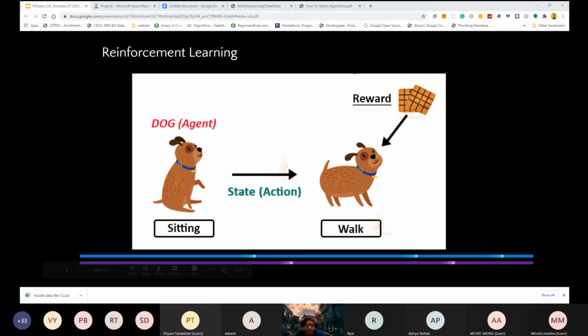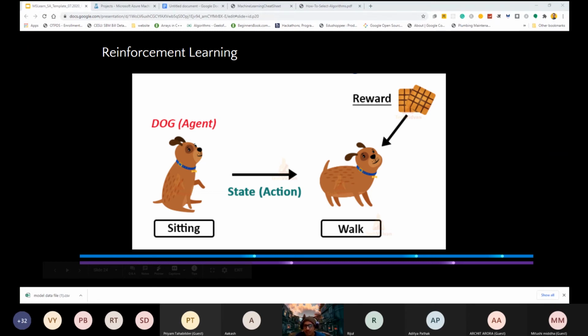If the dog executes the instruction perfectly, then it will get a biscuit as a reward. If not, it will not get anything. The dog learns from this after some tries, and it gets a biscuit if it sits. So this is the gist of reinforcement learning. The reward here is the feedback received by the dog for sitting.